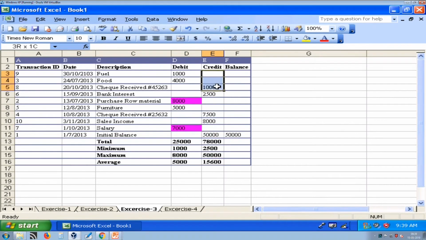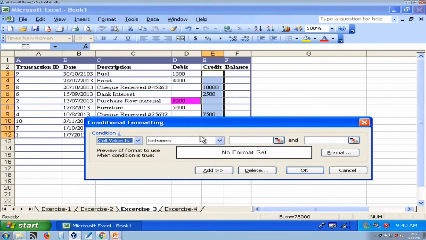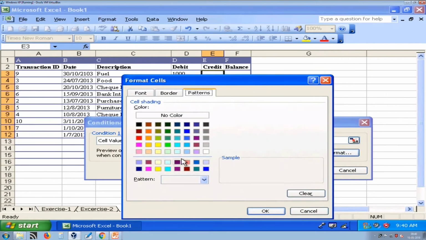Now, in the same way we can highlight income which is greater than 10,000. So, select the range that you want to format, and then select conditional formatting from the format menu, and here the condition is cell value is greater than 10,000, and we want to format that with a green background, or for example a red background.